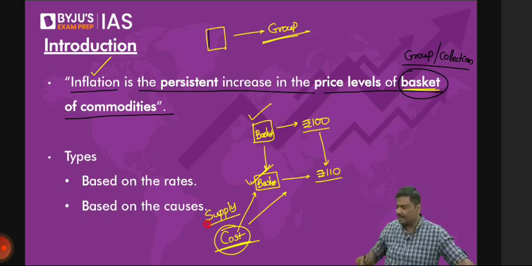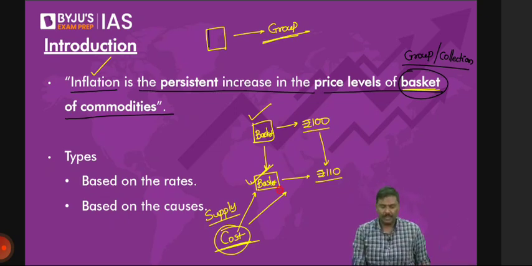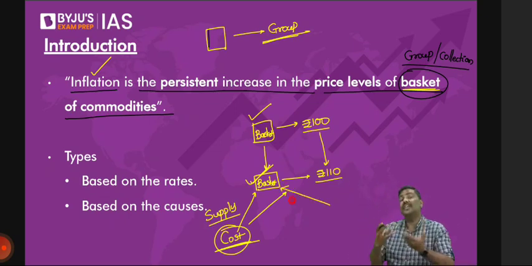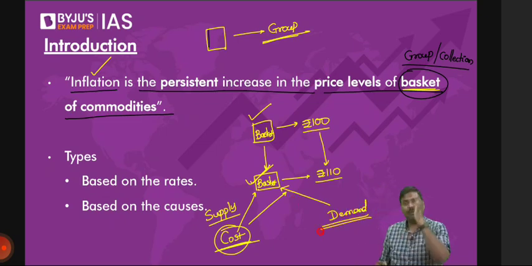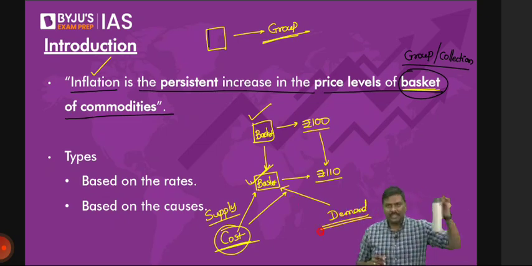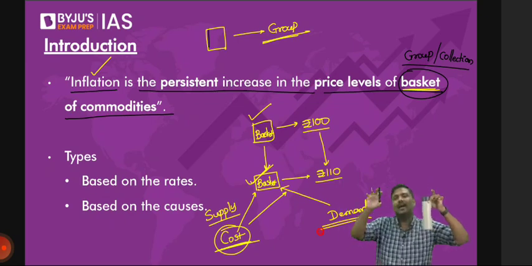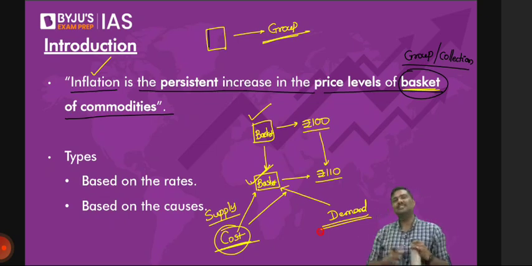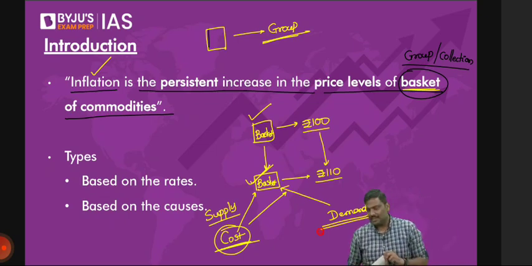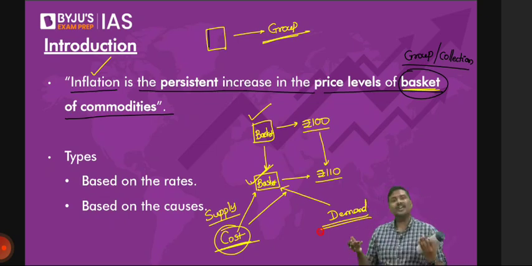Follow this very carefully. Second type why inflation can happen in the economy, it is because of the demand. So why will demand cause inflation? Imagine only 10 bottles are supplied to the market and 100 people want to purchase the bottle. Tell me now. All of them want to purchase the bottle. What do you think will happen to the price of the commodities? Price of the commodities will automatically go up. Is it okay? Right?